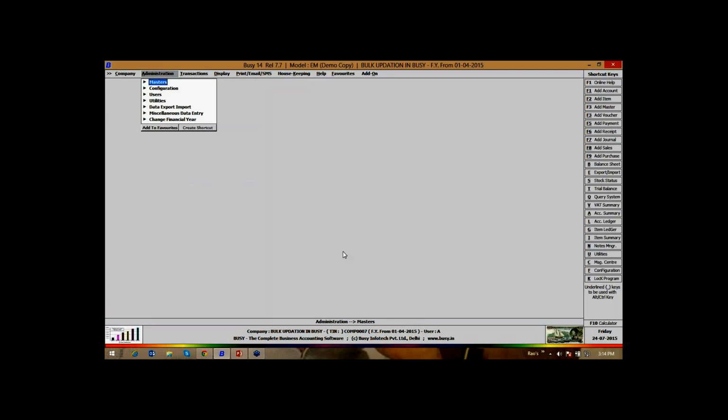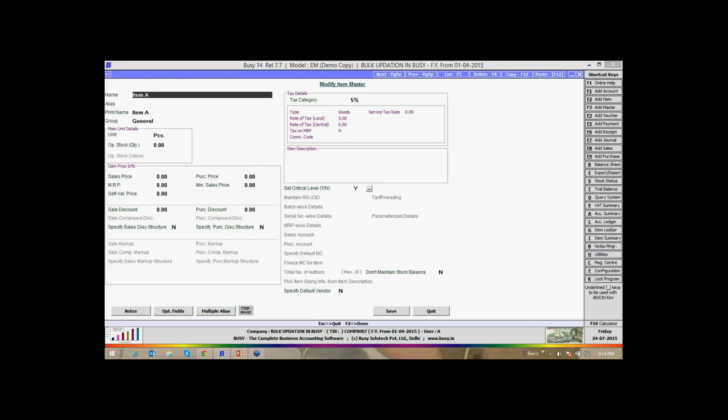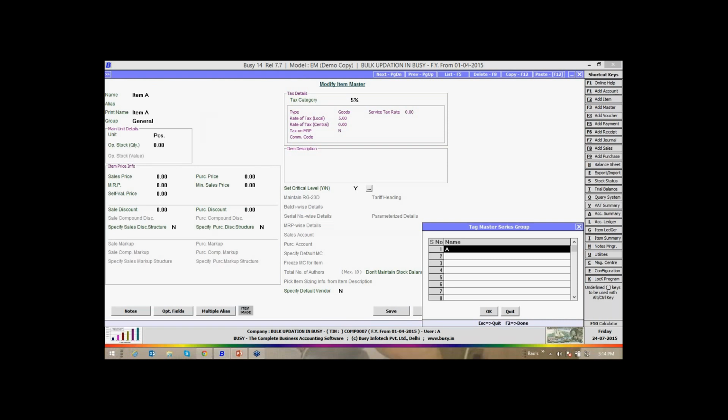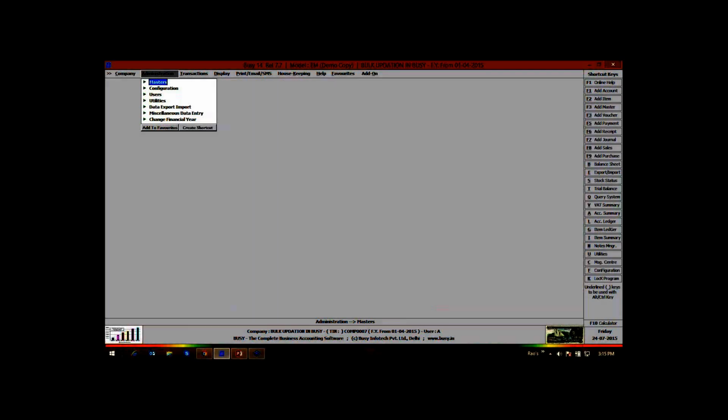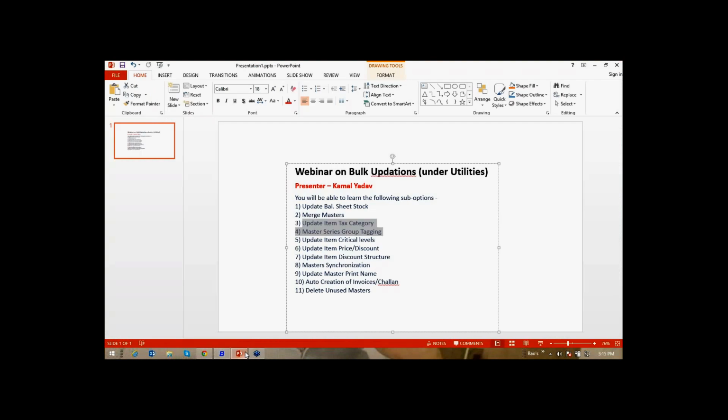So let's see the master series group working now. See, it is updated here. So filtration of data can be done using this feature. It also helps in the case of offline syncing of branch data to the head office. When the control of the master is with the head office, they are creating the master. They don't want that master to be sent to all the branches. While creating the master, they can tag it: this master should go to this branch only while syncing data in the data synchronization. Let's go to the next feature.